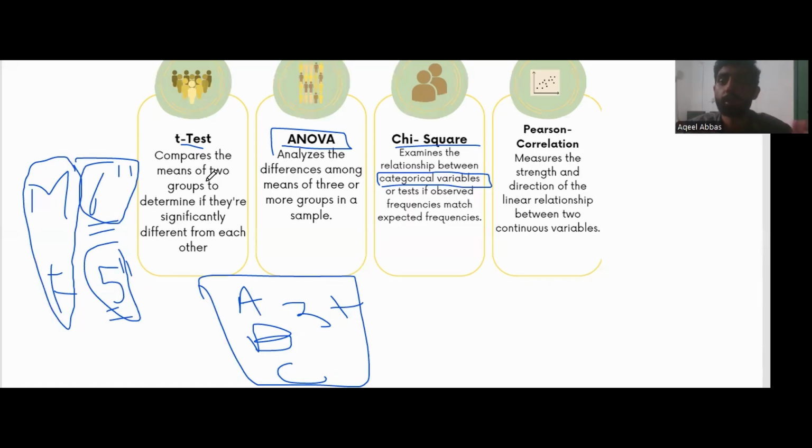But if there are two different groups of people, like male and female, and we have to compare their means, then we apply an unpaired t-test. Okay, so